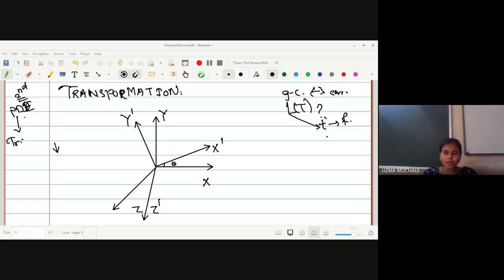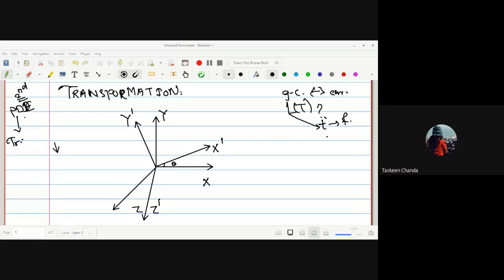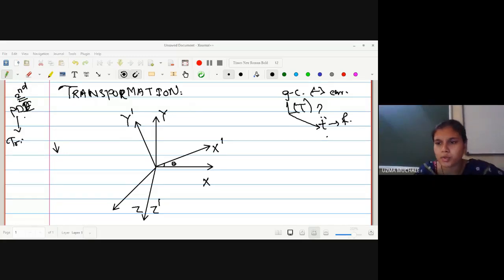Suppose you are going to displace through a plane. That means whatever the plane we are having. Suppose I am sitting, whatever, where we are sitting we have to displace it a little, or if we want to have a rotation through a plane, what will happen? There will be a change in x and y only. That means x is shifted to x dash, y is shifted to y dash, and z will be as it is. Getting me?